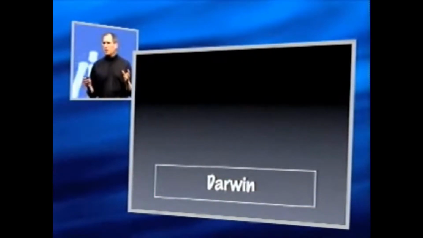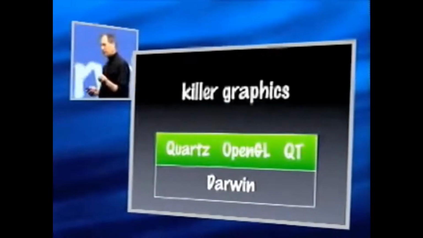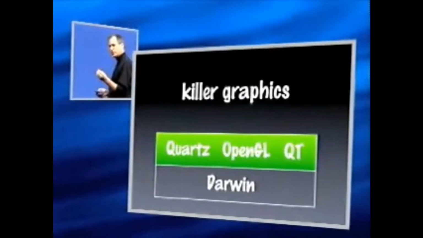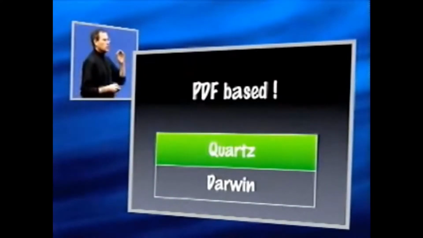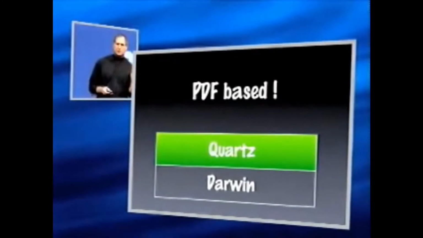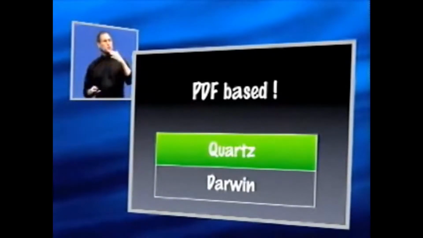The next layer on top of Darwin is killer graphics. We've got three components: our 2D, which is Quartz, our 3D, which is OpenGL, and our media layer, which is QuickTime. And they're all seamlessly integrated right into the operating system. So let's take a look at Quartz. Quartz is PDF-based. What does that mean? You know when you go to the web and you see PDF documents, and you read them with Acrobat, this great technology invented by Adobe?